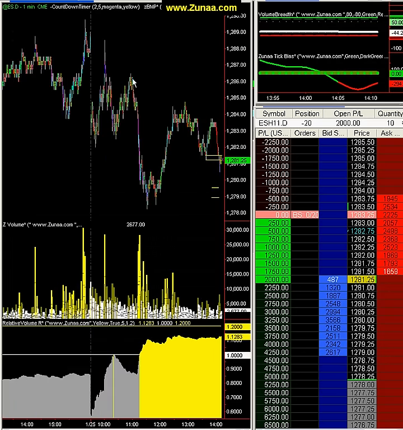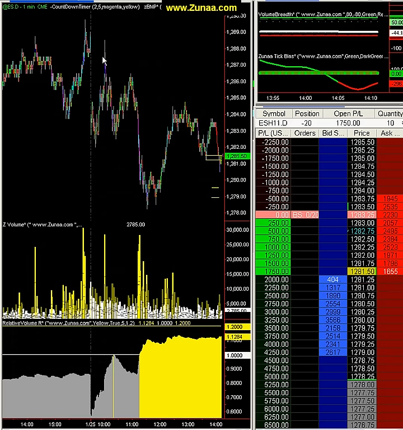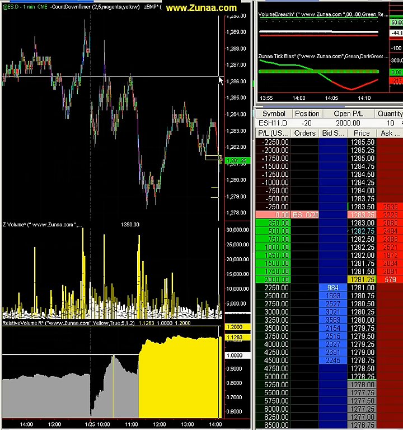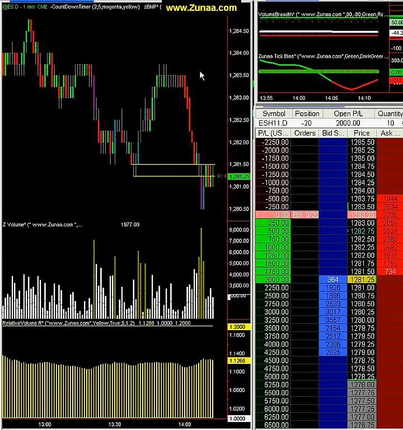We shorted the market in this area here, covered exactly at these lows here. We also shorted in this area as well. When I say we, because there's several of us that trade in the same location, shorted in this area, but on this retrace we couldn't hold it, so we got taken out. But then we got another signal and shorted in this area again. So we've been shorting